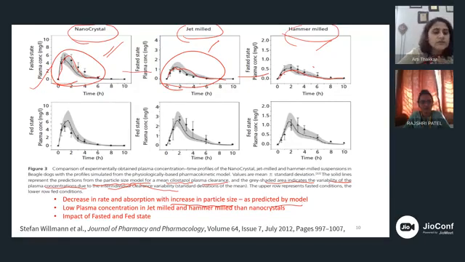Now in the fed state, the drug has better absorption. Again it looks somewhat similar, not exactly, but it again has specifically lower plasma concentration in jet milled and hammer milled than nanocrystal, and you can see the impact of fasted and fed state. So this is just based on the dissolution, and I hope all of you are aware of or have heard of